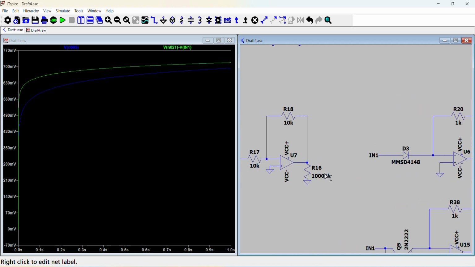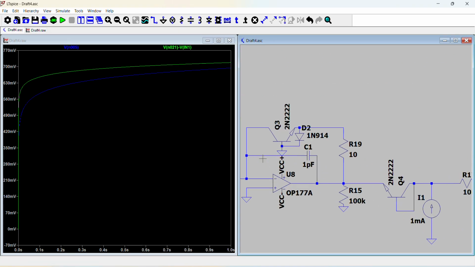Cool. And so lastly, I want to talk about this thing. So this is a bit confusing. Why is there a capacitor and a resistor in the feedback circuit? And I had a deep dive into this. And the reason is because